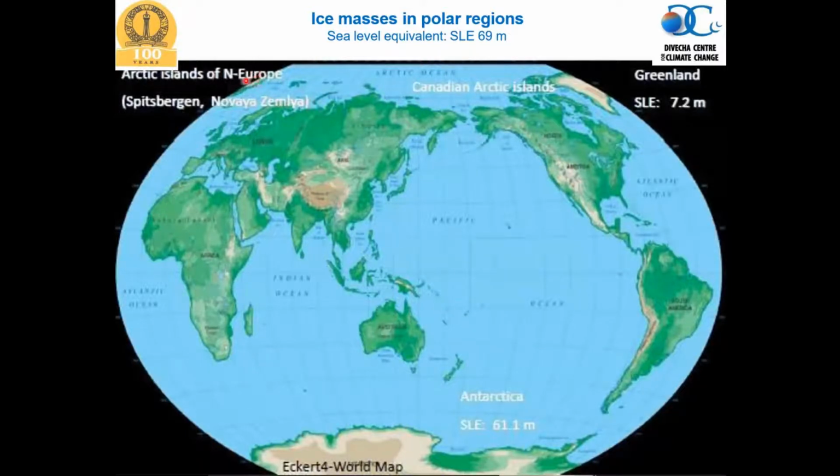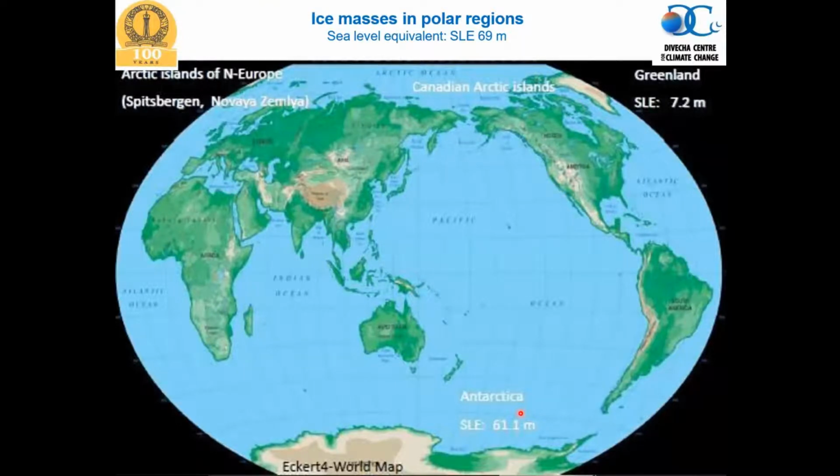That means you have Arctic land in northern Europe, Canadian Arctic islands, Greenland. So if all that water, particularly located in the Arctic part of the world, melts, then sea level can rise up to 7.2 meters. If you come to the southern part, Antarctica, if it melts, sea level can rise up to 65 meters. So you have polar regions, one is the northern pole region and one is the southern pole region, where you have a lot of